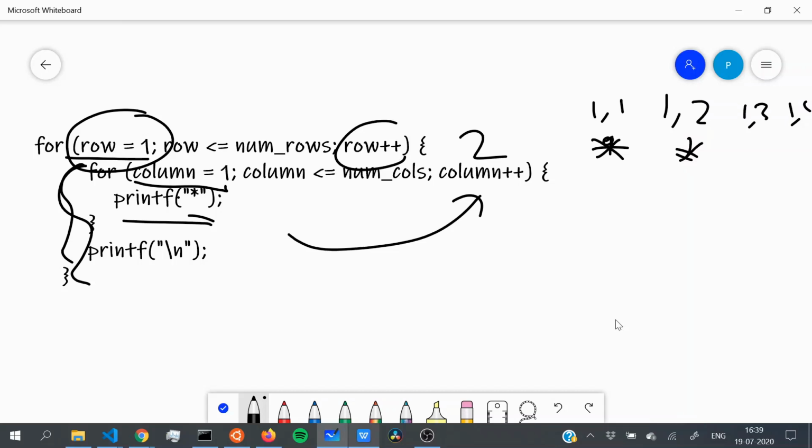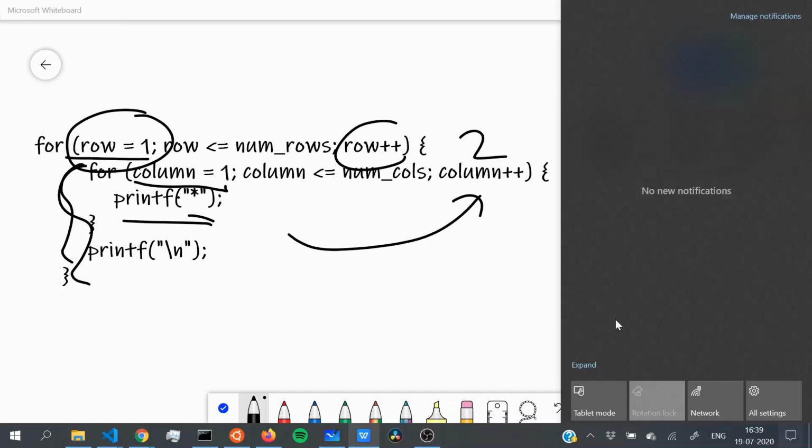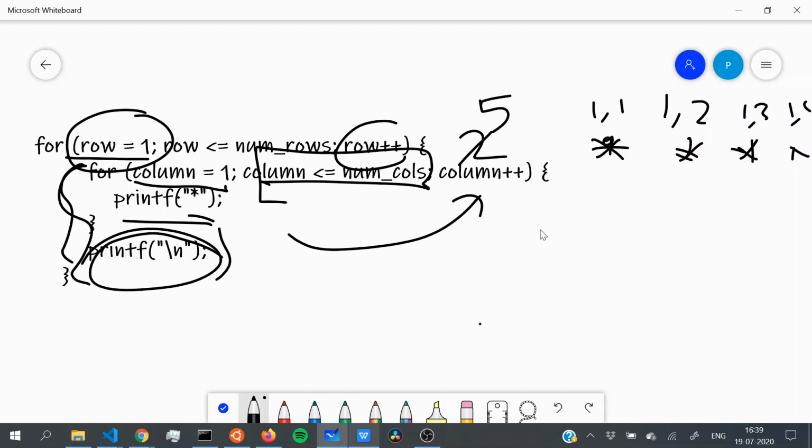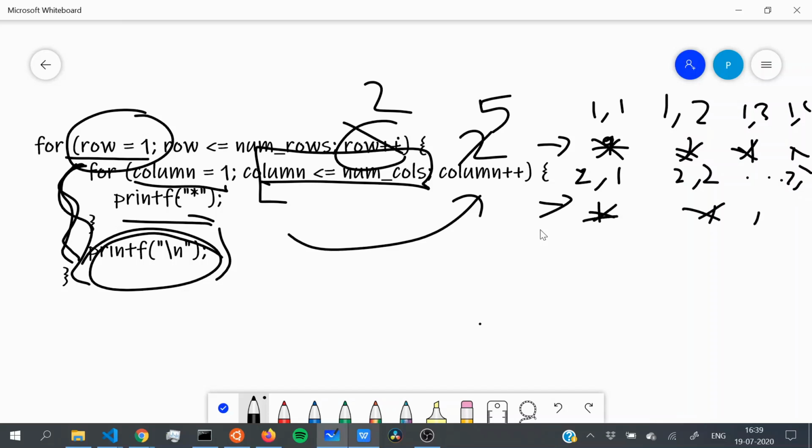till we reach column 4, right? And then the column becomes 5, and this condition is evaluated as false, and we go down and a print statement is executed, and from here we jump to the second row. So right now we are at row 2, right? Because our row was 1 and then it became 2, and then again we have to execute this entire inner loop. So this will repeat row 2 column 1, 2, until 4, and we'll get asterisk 4 times,